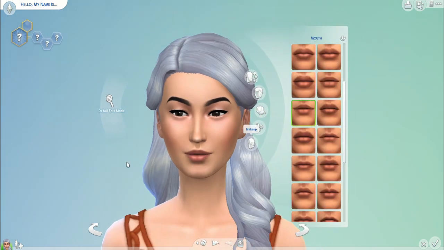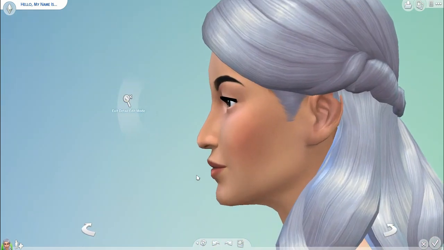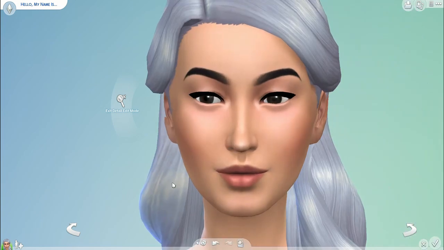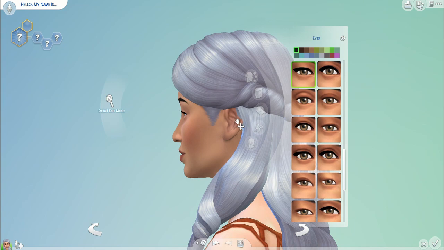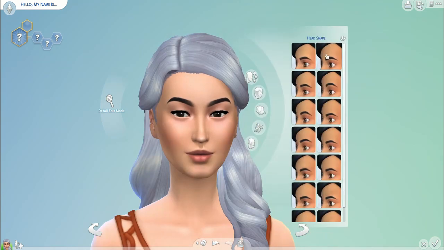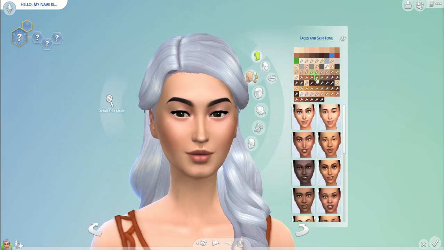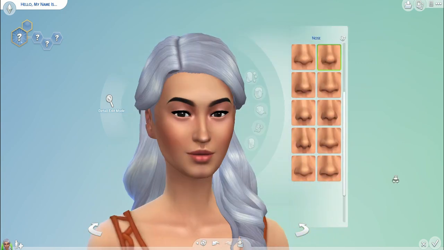I made a mess of her lips at first, honestly. You can see, like, oh man. Then I eventually went, I think I used preset lips and then edited them in detail edit mode, but it might have skipped that. Now I'm picking her skin tone, and I really liked her with that olive